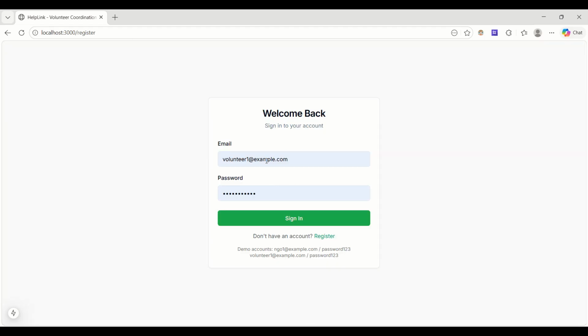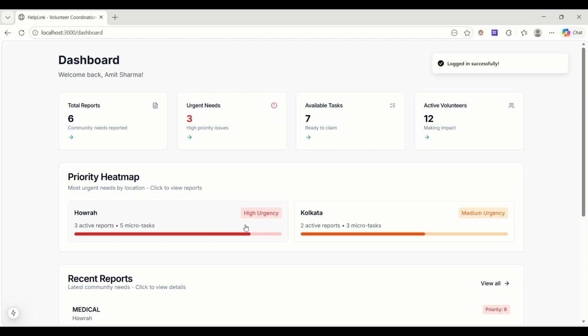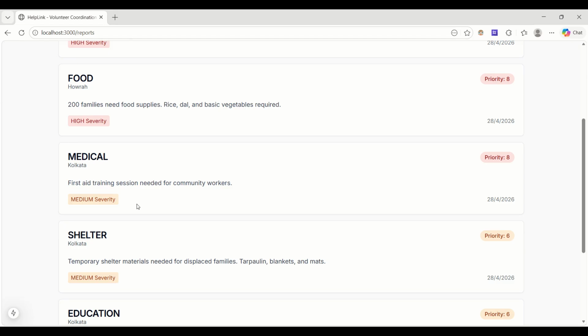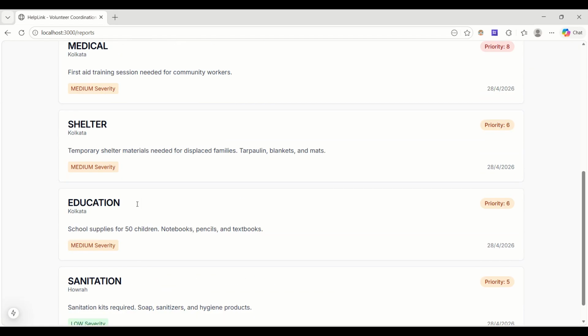As we get started and log in as a volunteer, we can see that it shows our dashboard. Here I have logged in as Amit Sharma, and it shows four main cards. The first one is that of total reports. Now when I tap on this, it shows me all the current reports that have been highlighted by other volunteers